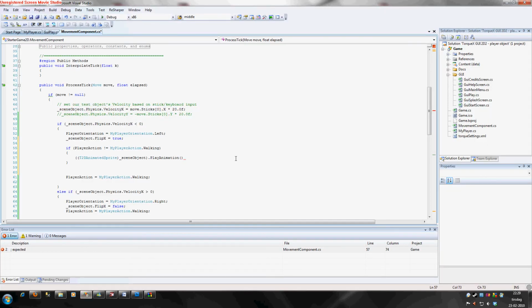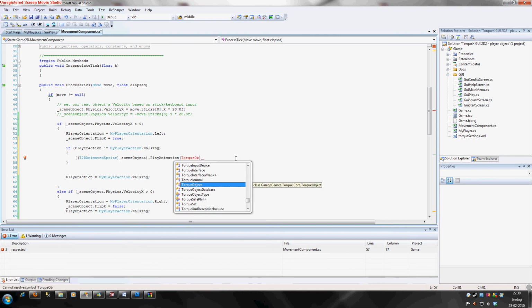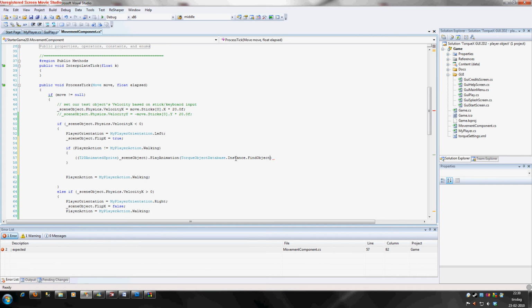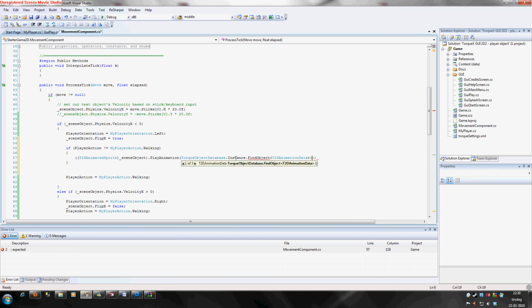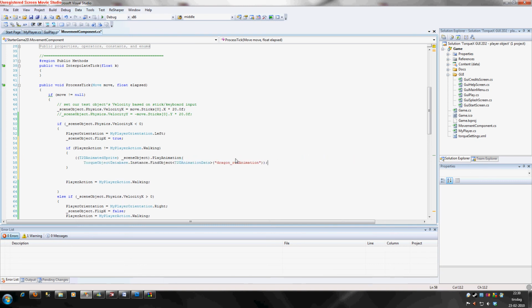So if we ask our Torque object database.instance.find object t2d animation data run animation, what we do here is set our scene object to play the run animation,